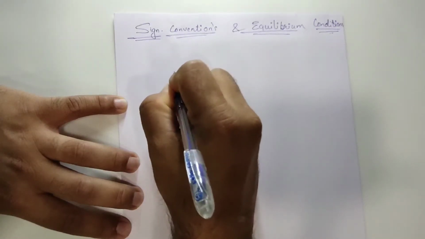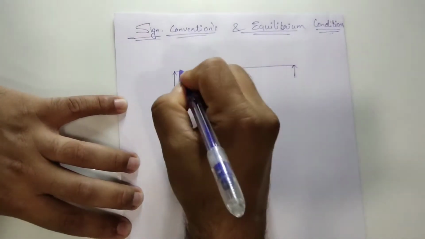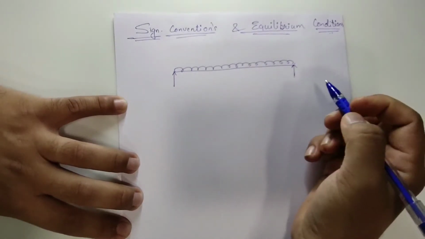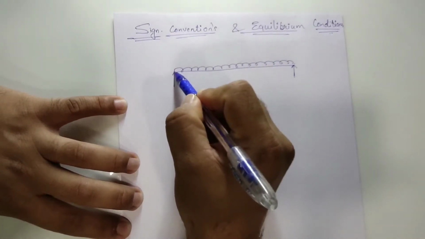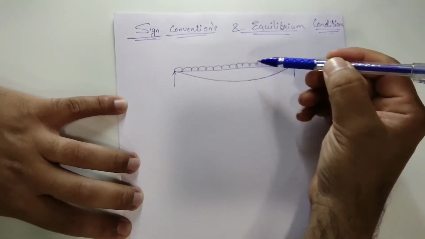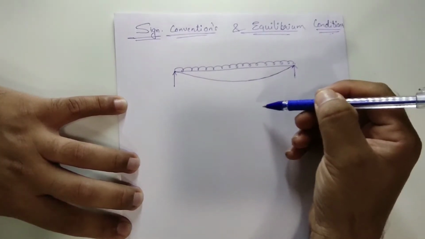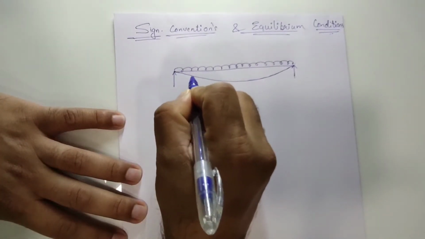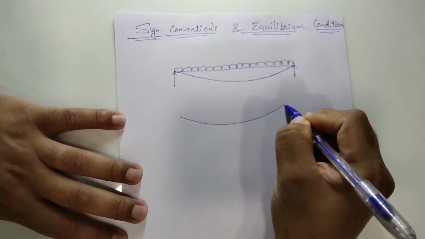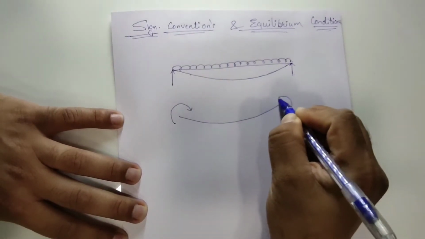So suppose I am taking a simply supported beam. The load is there. I am taking it as a UDL. What will happen? The load will allow this beam to bend like this, and some load would be acting at the top, and due to gravity it is going to deflect this beam downward only. So this beam is deflecting like this. Okay, so the forces are like this only. The moment will be like this.